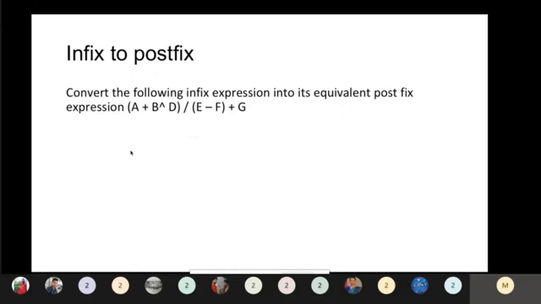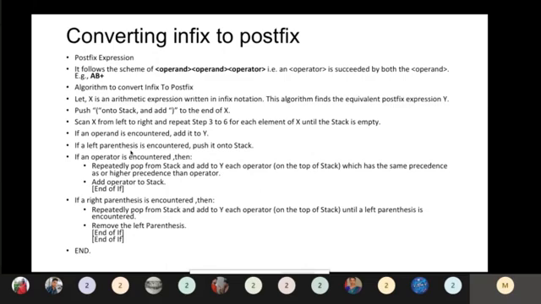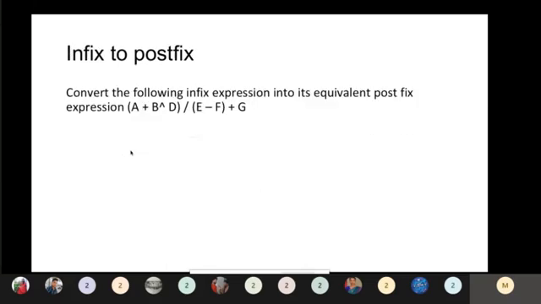Okay, now using that algorithm we can solve this. The given expression is: opening parenthesis, a plus b, then an exponent, then closing parenthesis, then e minus f plus g. Whether this is an infix or prefix expression: this is infix, because we have an operand followed by an operator, then an operand. The operator's place is between the operands. So this is an infix expression.